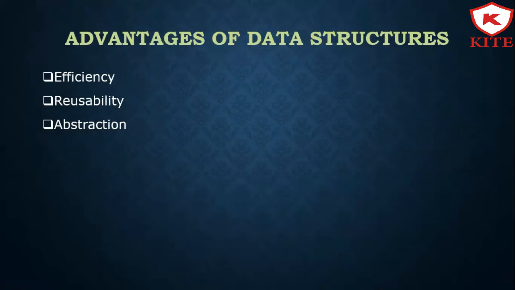Implementation of a data structure can be compiled into libraries, which can be used by different clients. Now, the third one is abstraction. A data structure is specified by the ADT, which provides a level of abstraction. The client programs, or the client users, use the data structure through the interface only, without getting into the implementation details. Now, many more advantages are there for the data structure.